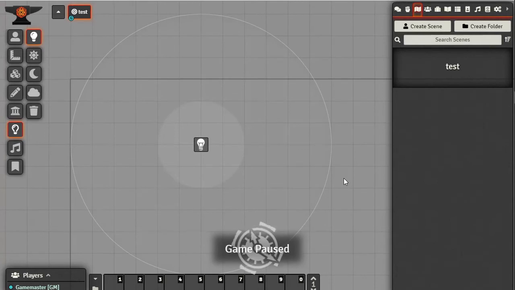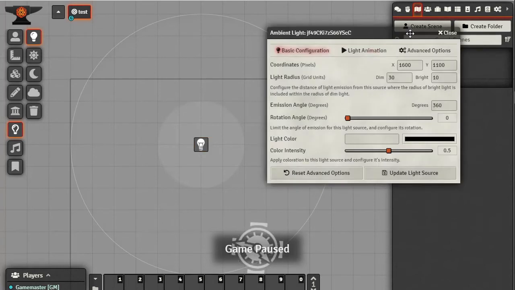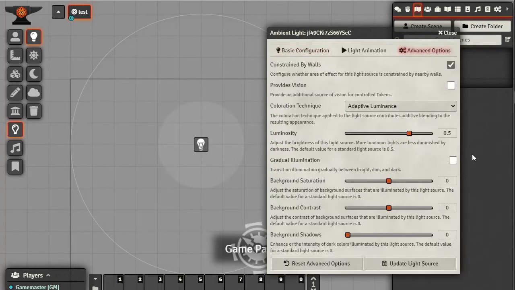However, with the ability to have line of sight and stuff like that, this becomes less important. Now, if we were doing it where we were masking or something like that, where you could actually see everything, you might want something like this as very cut. Say, yes, this is bright, this is dim. But with this being in a VTT, where it's calculating your line of sight and it's dimming out everything beyond that range, you can actually make this look nicer by going to the advanced options tab and telling it to